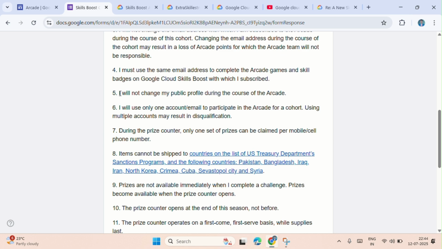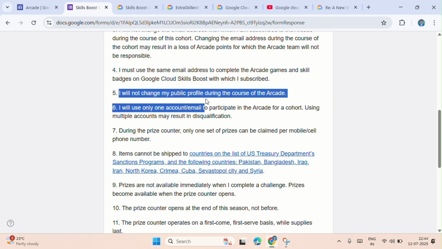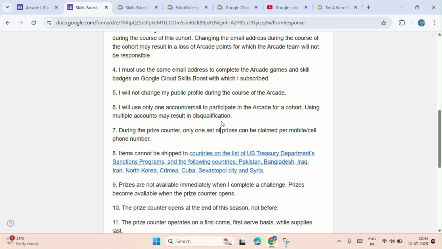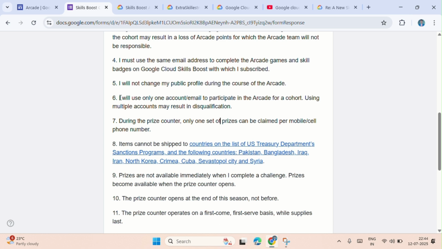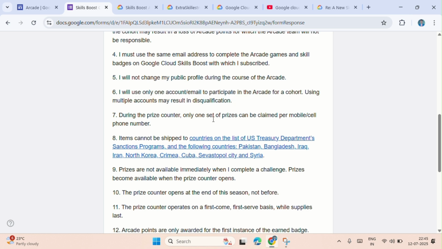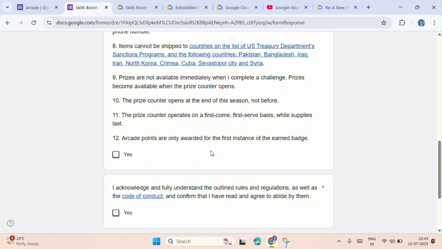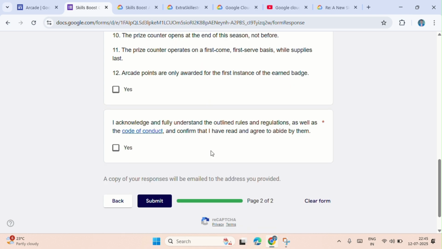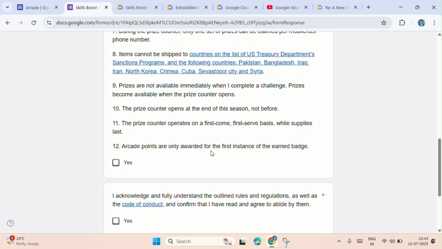They have given: I will not change my public profile during the course of Arcade. And make sure that you have only one account. If you participate with multiple accounts, then your account will be blocked. So you just have to participate with only one account, guys.